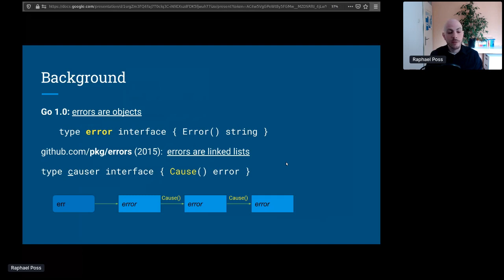That can be implemented efficiently by linking things together. It then provides a separate interface with the public Cause method that you can call from your own code to access the next item in the linked list. And when there is no next item, you have attained what is called the root cause.